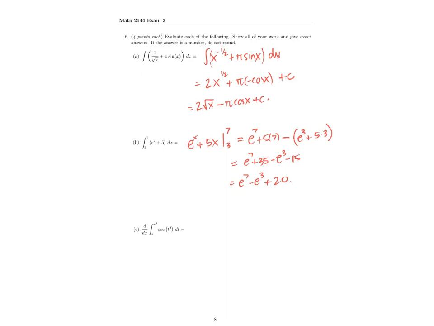So I can see it's going to be the chain rule. So the derivative of this integral is going to be, if there were just a plain x up there, it would just be secant of x. But since there's an x cubed up there, first I need to evaluate that integral with the x cubed plugged in. So I'll have secant squared, secant